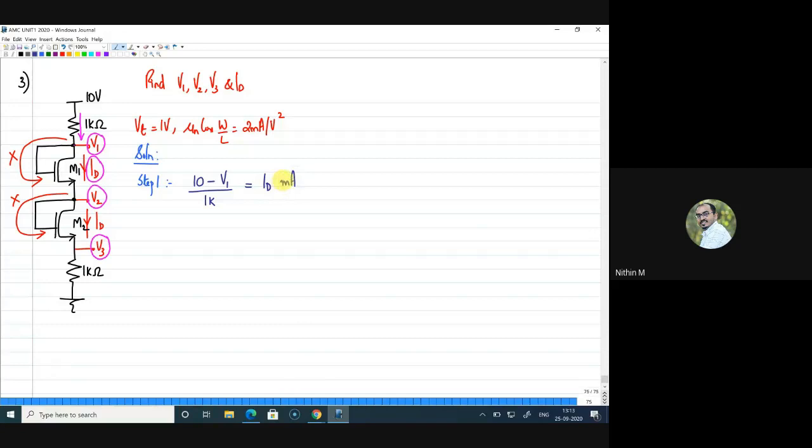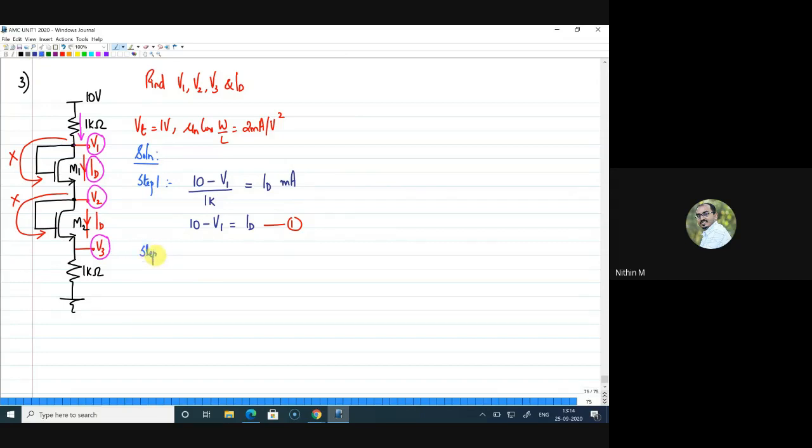I hope you understood that, that is easy actually. If I consider ID in milliamps, then I can solve in a better way by just cancelling with kilo. So I'll take ID in milliamps, and then I'll write this equation 10 minus V1 by 1K is ID. Or this can be written as 10 minus V1 is equal to ID itself. This will form my first equation. This kilo and milli got cancelled, and 10 minus V1 is equal to ID is the first equation. Now I'll go for step 2.